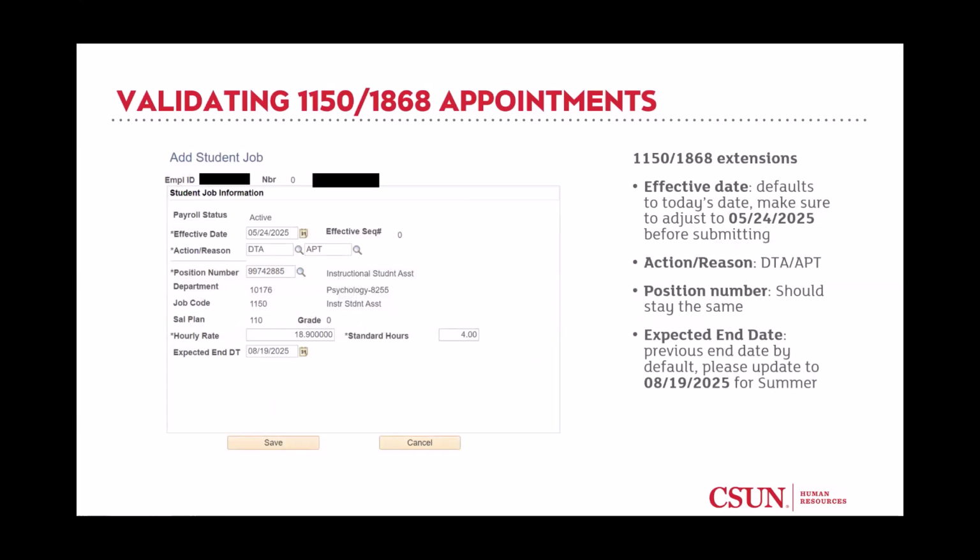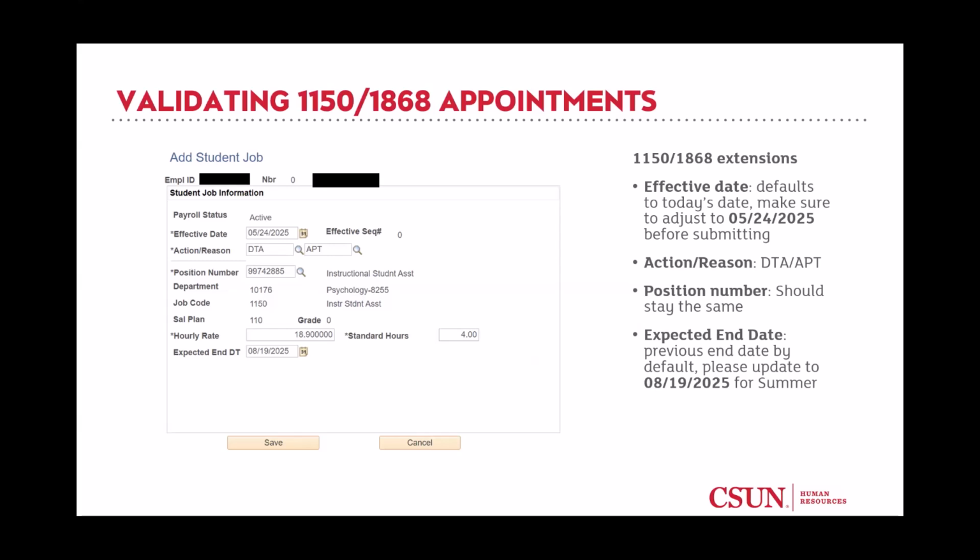Okay, so for these extensions that I'm referring to, in this example, for the student who has separated or has an expected job end date of May 23rd, 2025, the effective date defaults to today's date. So make sure to adjust it. In this case, we're going to be using May 24th, 2025, one calendar day after.